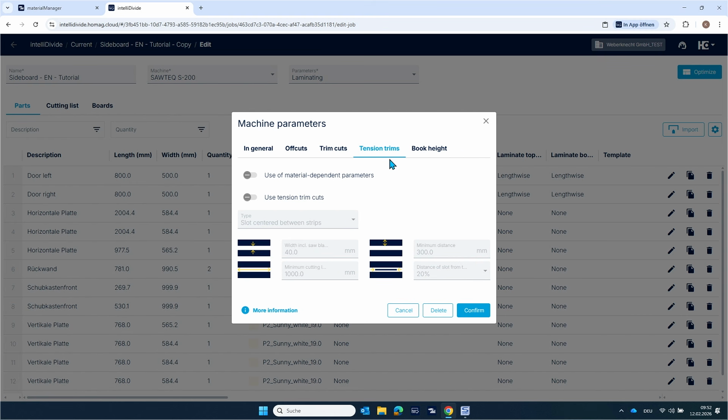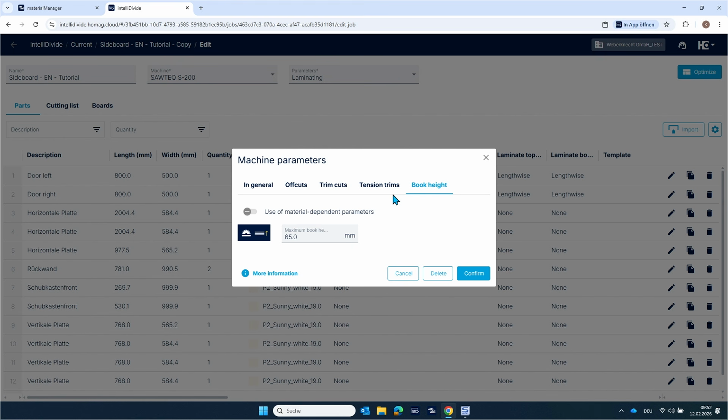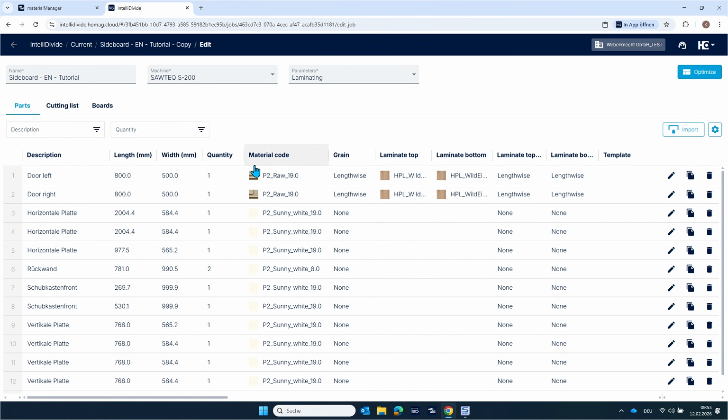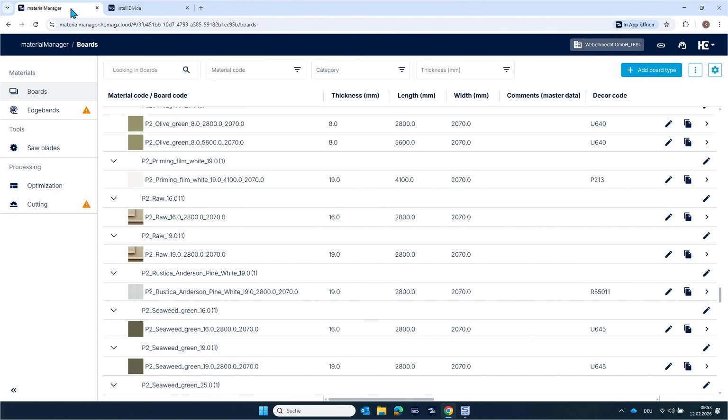You also can do settings for the tension trims, and of course also for the book height. So these are the settings for the parameters you can set in intelliDivide. But these settings are used in general for all your cutting jobs you are doing. And if you want to do this separately for each material, we have to set these material depending parameters in